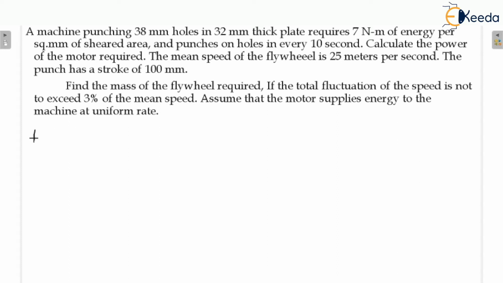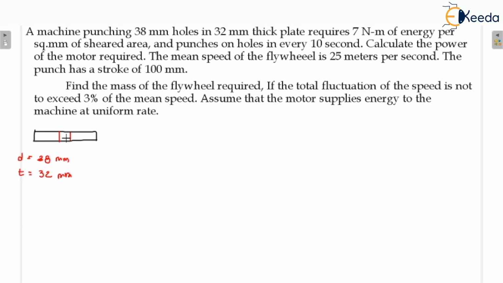That means suppose this is a plate. Okay, we need to understand it. This is basically a plate and there is a punching operation which is going to take place here, and it is saying that the punching 38 holes. 38 means the diameter of the holes is given. The diameter of the holes is 38, okay, and 32 thick. That is the thickness of the plate is 32. So we can calculate here the